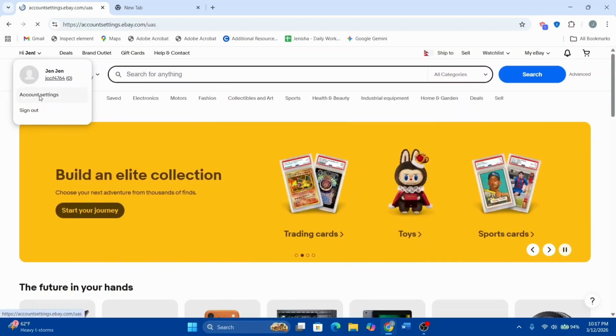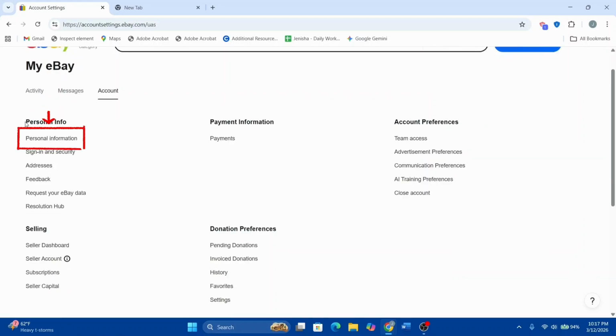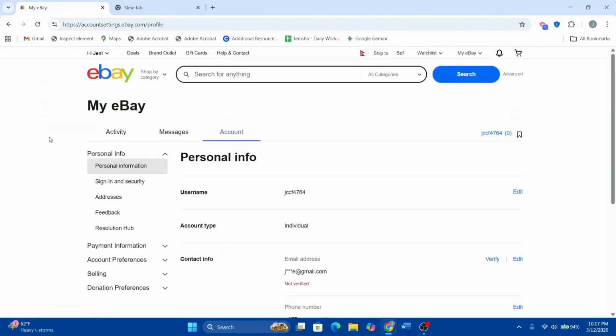After that, we'll be headed towards our account page. Now from this section, we can go to this option called personal info, and there select the option called personal information and click on it. And once we click on it, we should be taken to this page, and here we'll be finding a contact info page. Now, if we want to change our email address, we can click on this option called edit and click on it,